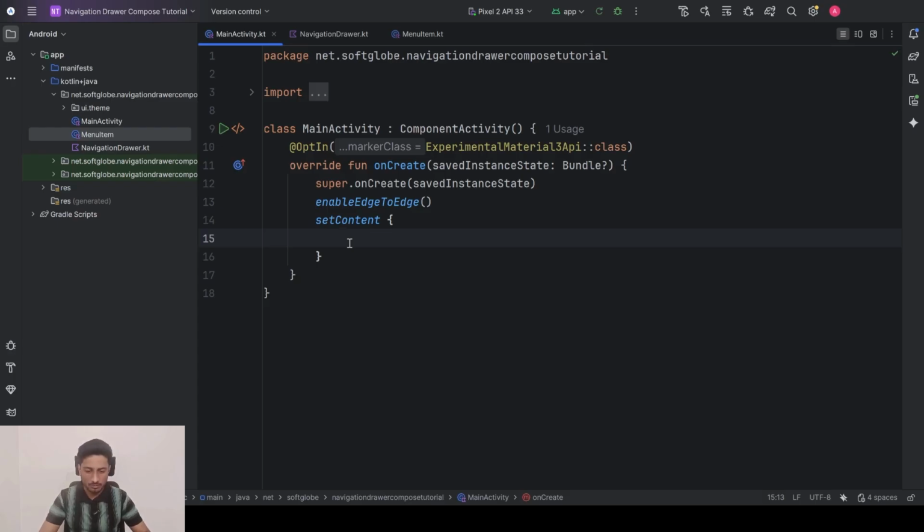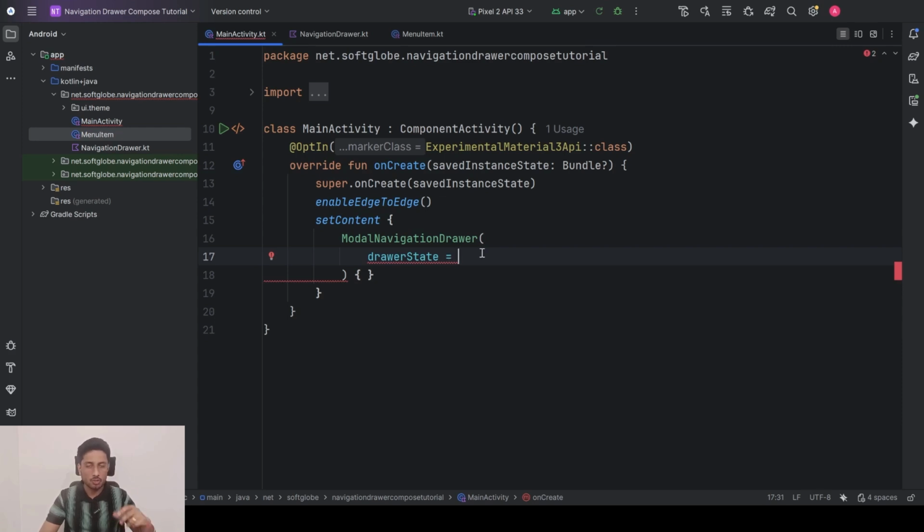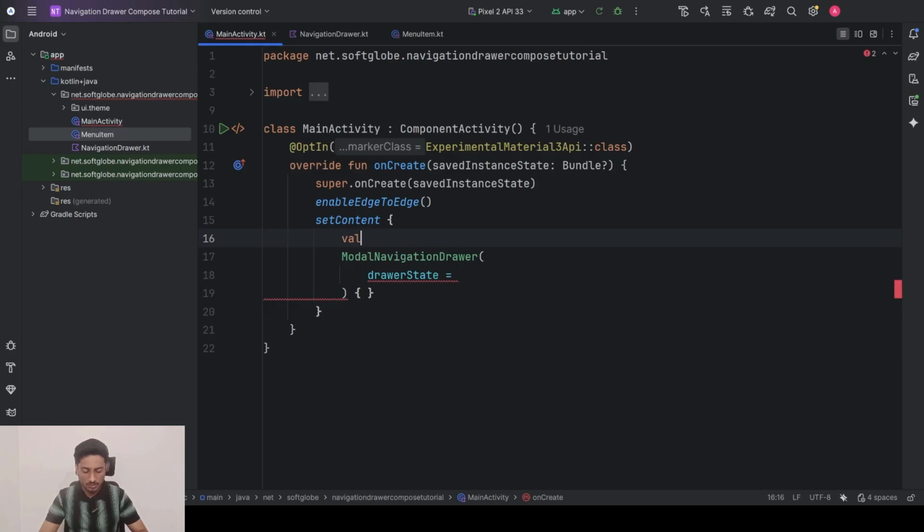So we have one that is a ModalNavigationDrawer. Inside this we have this drawerState, and this will be a state. The drawer has a state as it's a moving part, so it has two types of state, that is closed and open. So we will be creating one state here, it's a drawerState equal to rememberDrawerState,